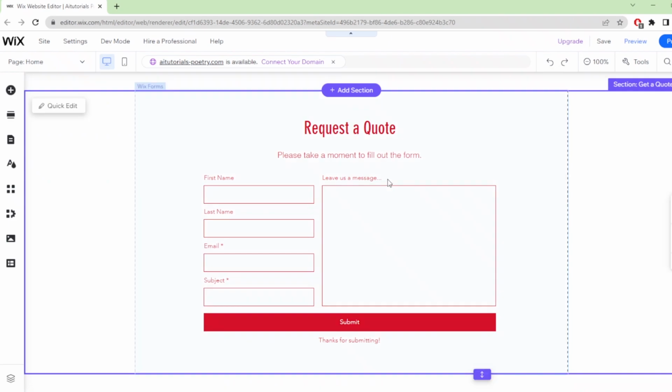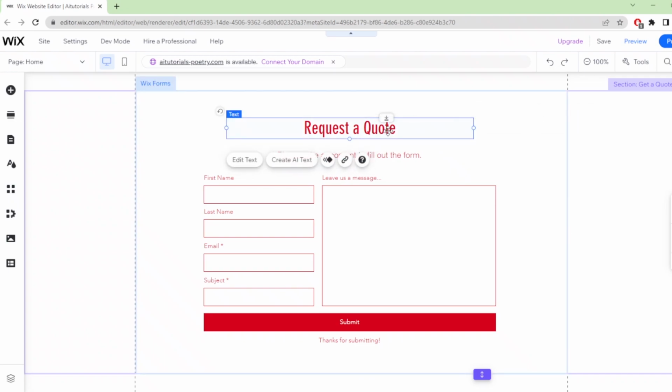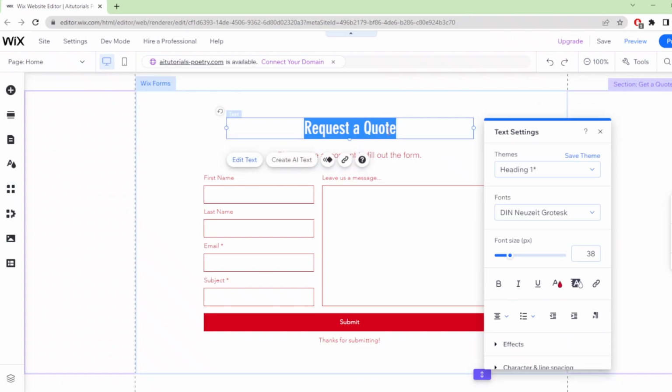And I'm going to scroll a bit down. To edit it, just simply left click on it. And let's say you want to change the title of your form. You need to click on this title twice, and let's write down a different title. So let's say, ask me a question,